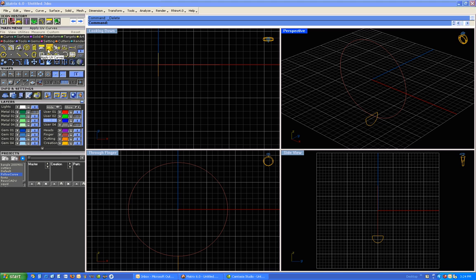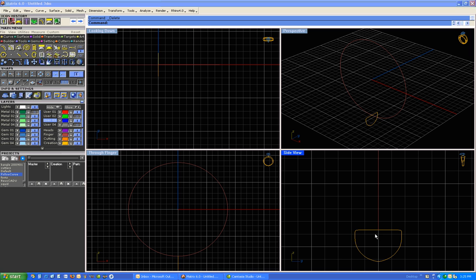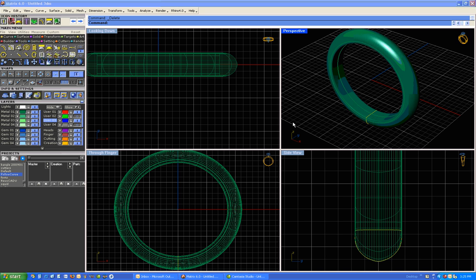Our model is a simple half-round band using the default profile and a size 7 ring rail. For realism, we will make the ring 3.5 millimeters wide and 2.5 millimeters tall and sweep it in the metal 01 layer. At this point, we would be tempted to use Create UV Curves and extract the surface of the